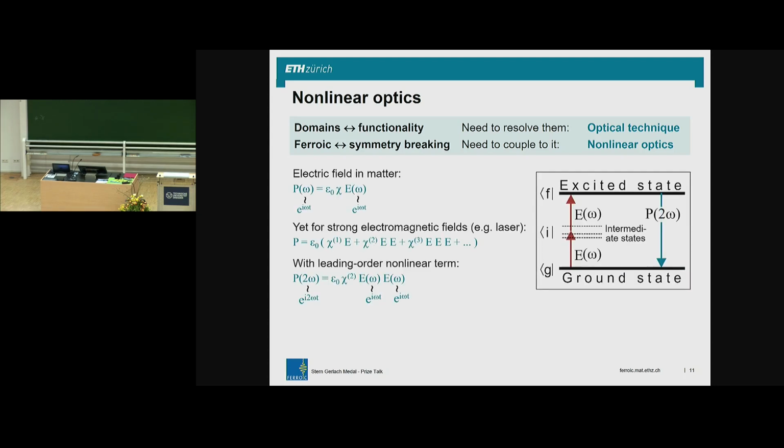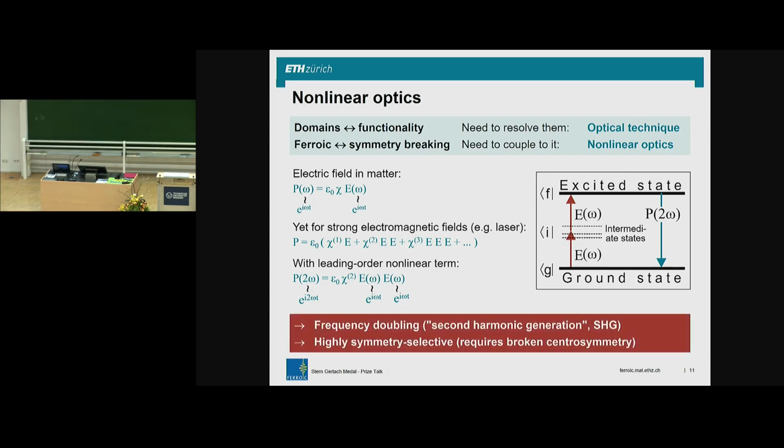That you can see here. So here is what nonlinear optics is, well, how you can imagine it. So you have a polarization proportional to an electric field. You can have higher order contributions like P coupling to E square. If you write that down, you find that with electromagnetic fields, 2 photons absorbed simultaneously, one going out, then necessarily at 2 omega. So this is a process that doubles the frequency of a light wave. It's also called second harmonic generation. That is a process that is only allowed, at least in the leading order, in non-centrosymmetric materials, and there you